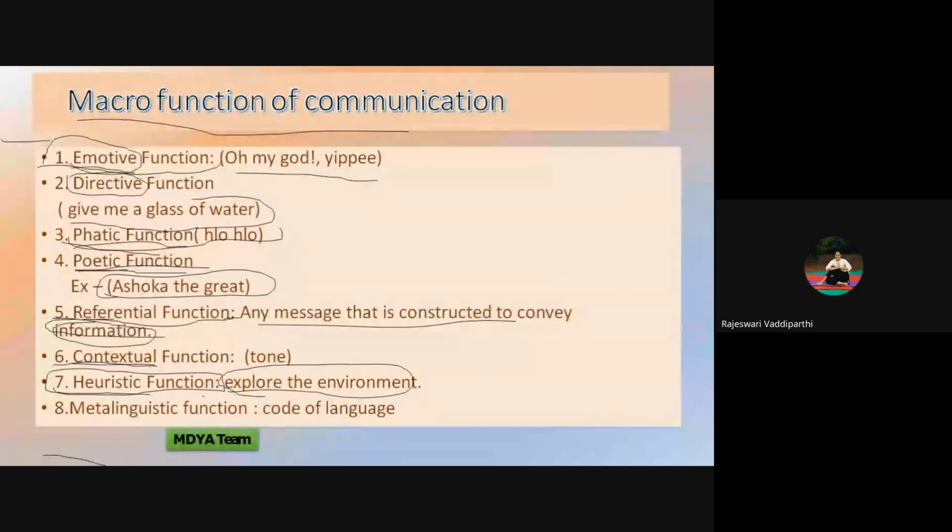Can we say it as trial and error? Yes, I think it can be. I was wondering, when we are doing it by ourselves, there is no other person involved. How can this become a communication, ma'am? I didn't understand. For learning, simply you just understand that for learning, heuristic.